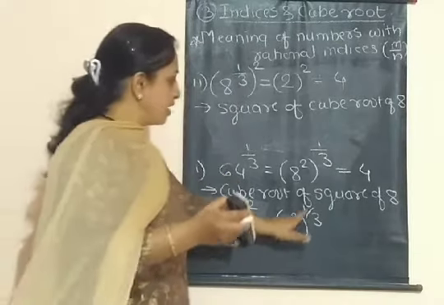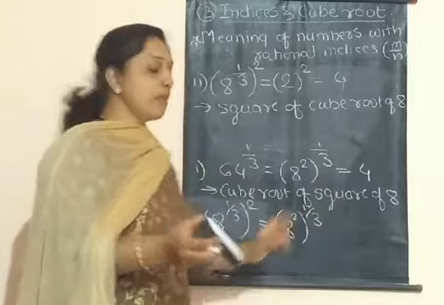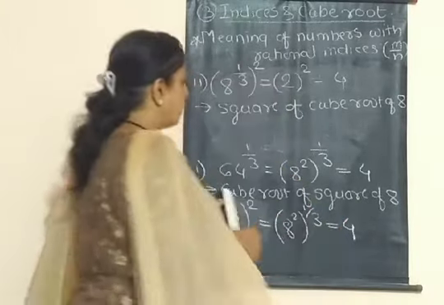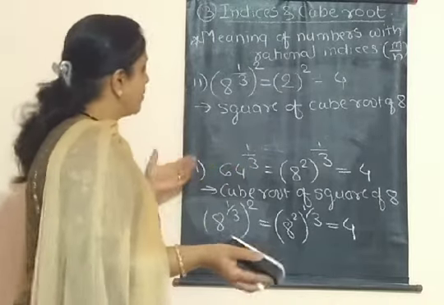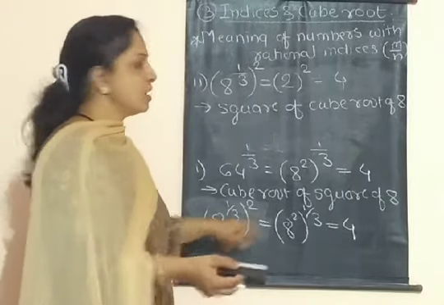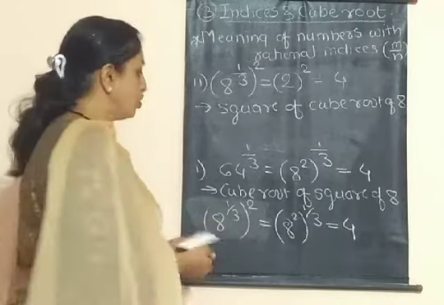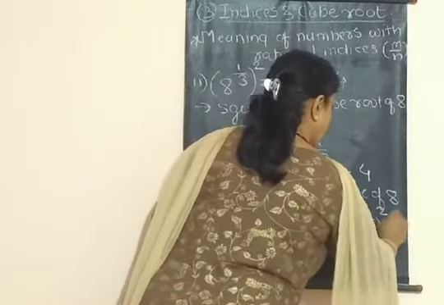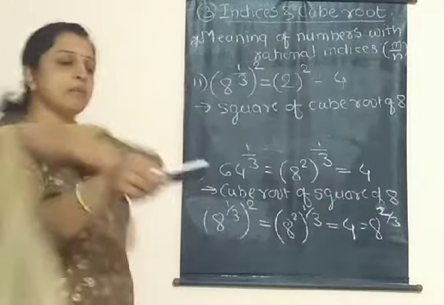It means the cube root of the square of 8, because we get the same answer here, and that is equal to 4. Okay, but now if we use the law that I have explained right now, how do we take it? We can take the product of these two numbers. So 2 multiplied by 1/3 is equal to 2/3, and you can also write the number like this, 8 raised to 2/3.